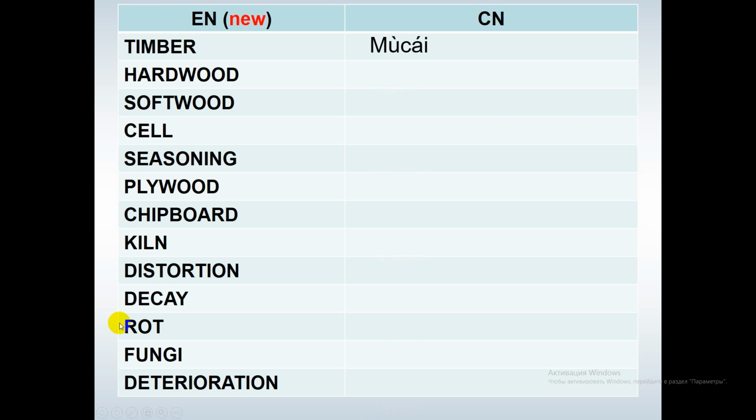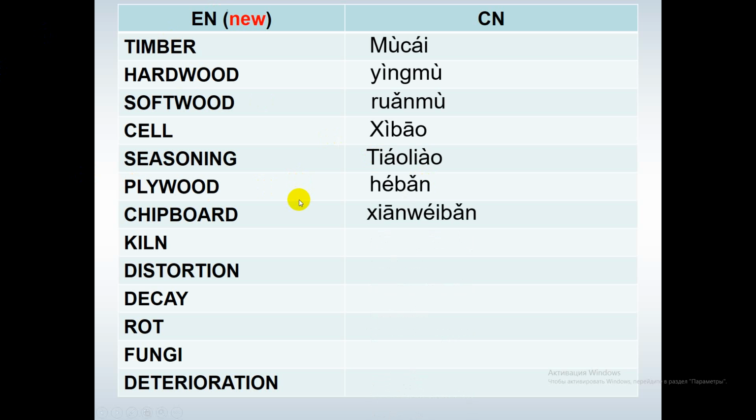timber, hardwood, softwood, cell, seasoning, plywood, chipboard, kiln, distortion, decay, rot, fungi, deterioration,